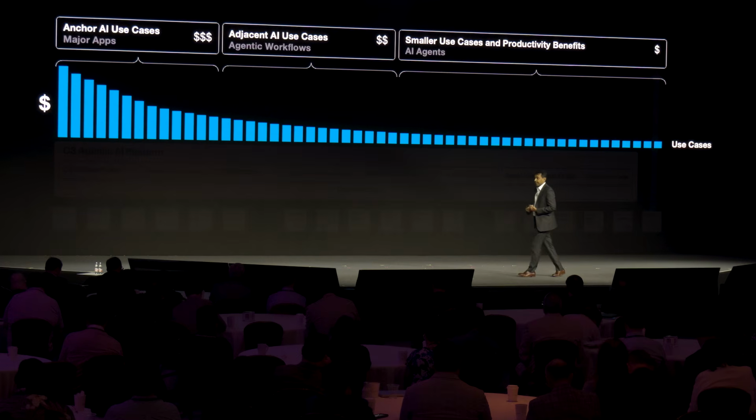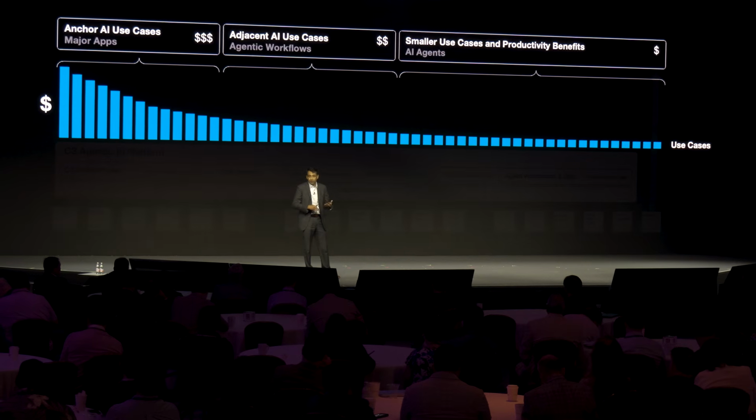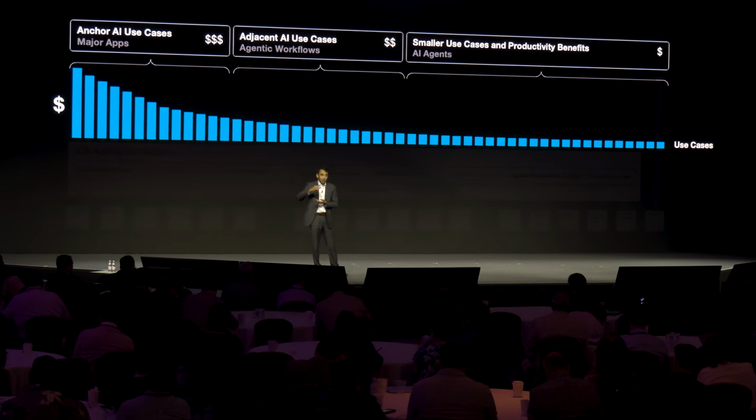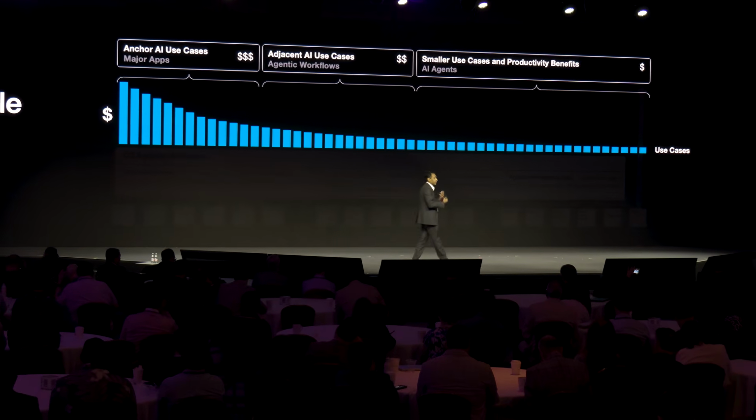Now, we at C3 AI have really focused on those first two tranches of helping you unlock disproportionate economic benefit at scale through our applications, through the platform layer, through the domain-specific work that we've done over the last decade plus. But we've also built tools and capabilities to play in that third tranche. Through capabilities like C3 Code and our agentic frameworks, we can actually help you along the long tail as well. But we also understand that it's going to be a very heterogeneous ecosystem.